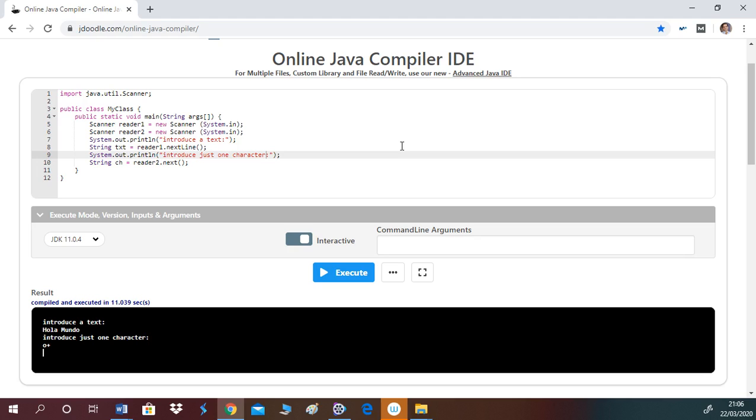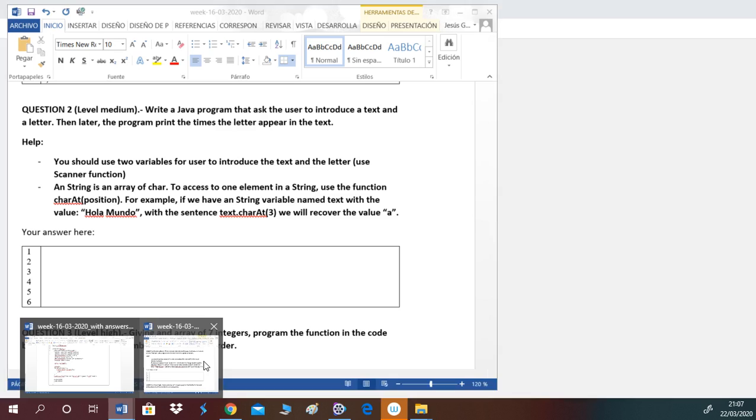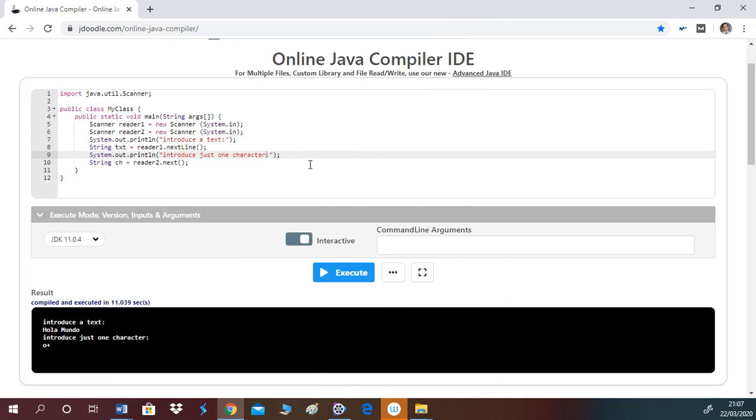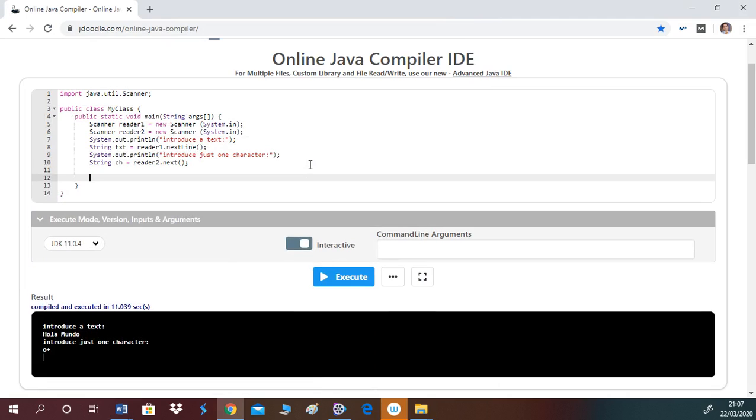What we have to do now is just taking the text that the user has introduced, and the character that the user has introduced, then look along the text how many times the character appears. Okay, and remember the clue that I gave here: the clue was that a string is an array of char. Well then, what we are going to do is